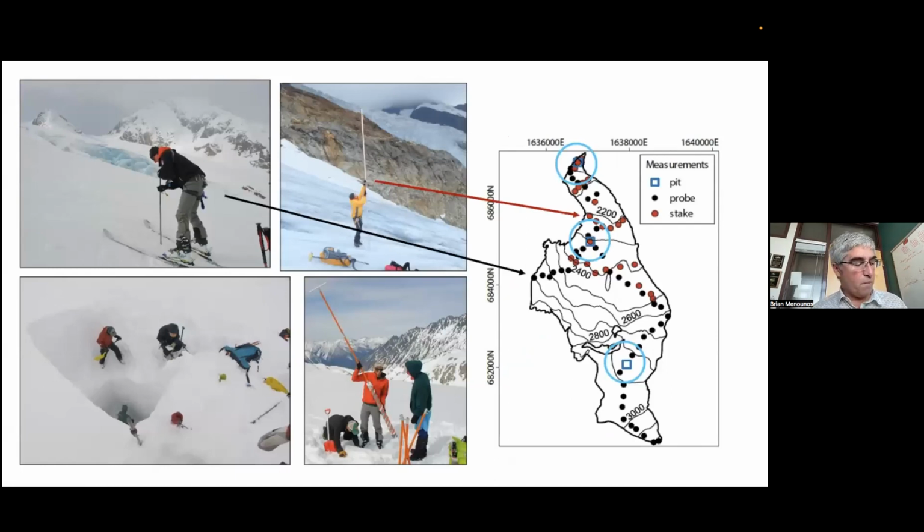Okay, one final example of what else we can do with these, with the aircraft. So this is my former student, Ben Pelto, engaging in some routine glaciological work on several glaciers in the interior of BC. It's laborious, time challenging. It's also fun work, but to get to all of the glaciers in BC, we could never do it. We have something like 16,000 individual glaciers. So these are about 5 different glaciers that Ben was working on.